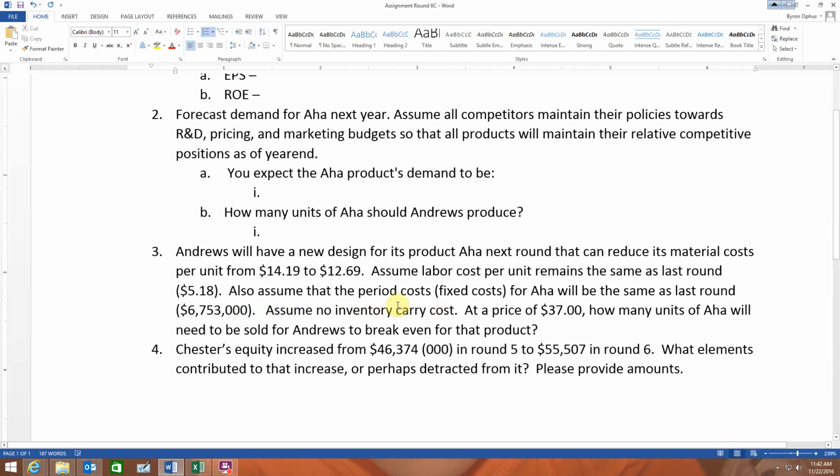Assume no inventory carry costs at a price of $37. That's a little less than what they charged last year, but we'll update it and say we're going to only charge $37. How many units of AHA will need to be sold for Andrews to break even for that product? So here we're just doing a simple break-even calculation. Break-even calculations are simply figuring out our gross profit per item and relating that to our fixed costs for that item, assigned cost for that item, whichever you want to call it, which is the